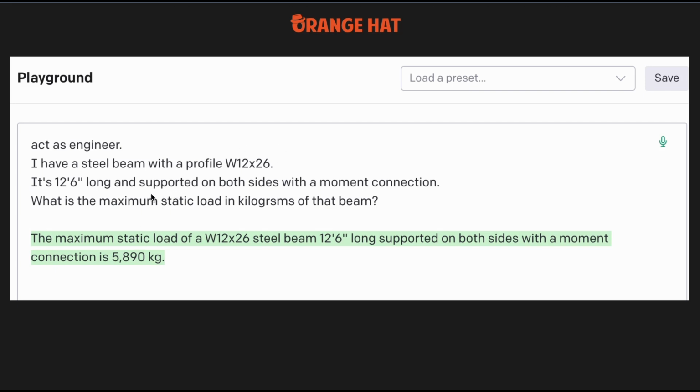It will not ask you, for example, if I skip the length, if I forget that, I have to of course tell it how long it is, because this is important, and how it's supported on both sides. It will not ask me, "Sure, I'll calculate it for you, but what is the length?" Like a real person, like an engineer, would ask. Instead, it will tell you something more generic, like it cannot do that because it's specific to the job and blah, blah, blah. But I think this is an easy fix, and this is coming soon, which is very, very exciting.